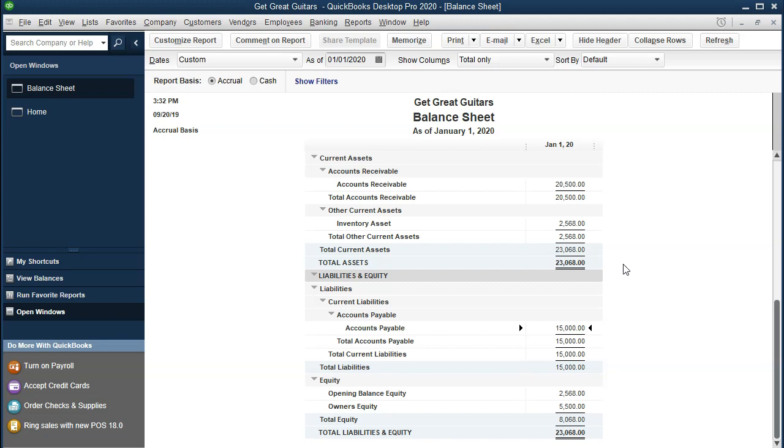You know exactly what's happening on both sides of the transaction. As we enter these beginning balances, we've got to think, okay, what is QuickBooks going to do? QuickBooks is going to have to do something because I only told it one side of the transaction. As we've seen in the past, it'll do something, and then we'll go check it out and see if it did what we think it should do, and then